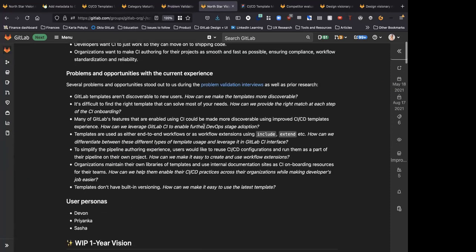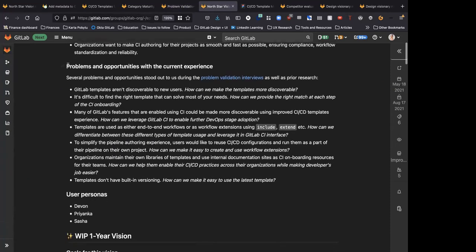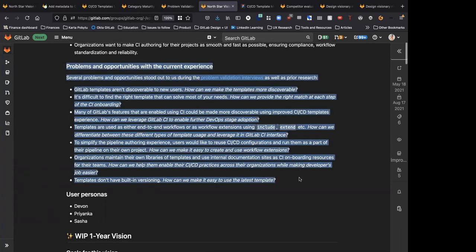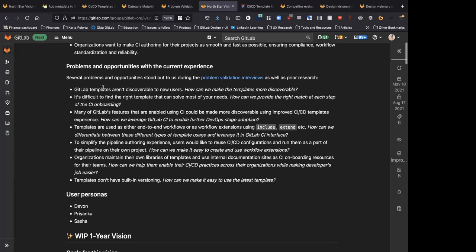insights, we started to get a better understanding of what are the current problems and opportunities that exist. So first off, GitLab templates aren't discoverable. How can we make them more discoverable? It's difficult to find the right template to solve most of your needs. So it's just difficult to search. It's difficult to